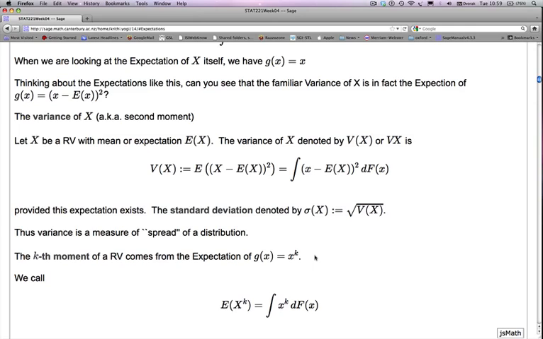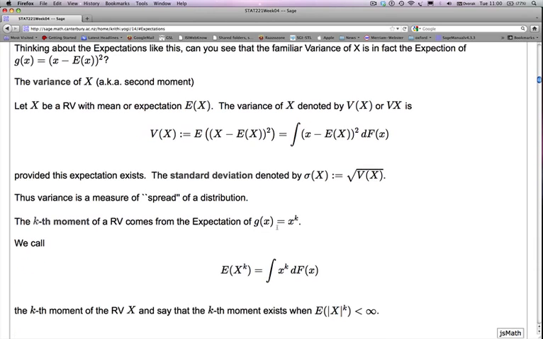And when you think about it, variance is simply a measure of spread of the random variable or its distribution, right? So what is it? It's measuring the expected squared deviation from its expectation. So variance is nothing but the expected squared deviation of a random variable from its expectation. And that's a measure of spread, and the standard deviation is simply the square root of this expected squared deviation